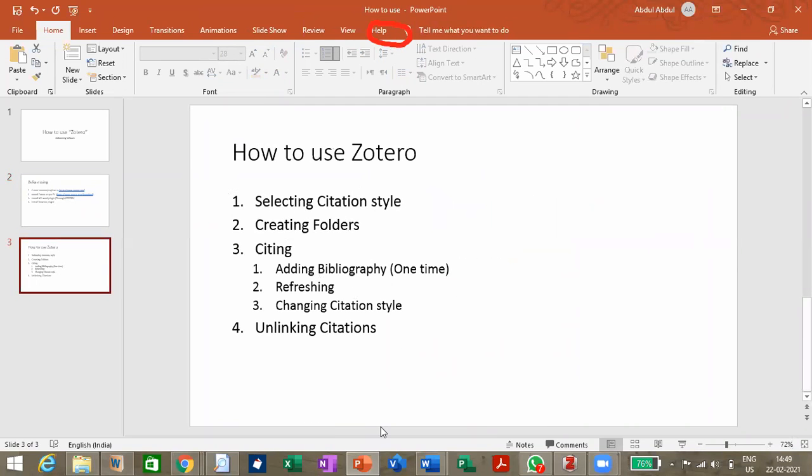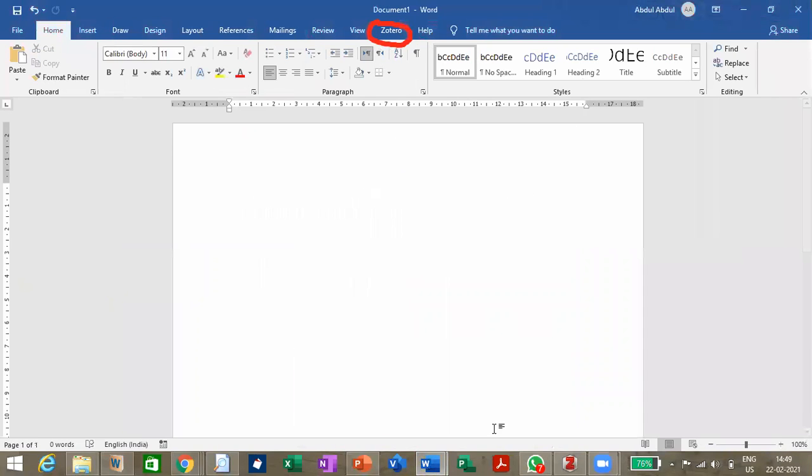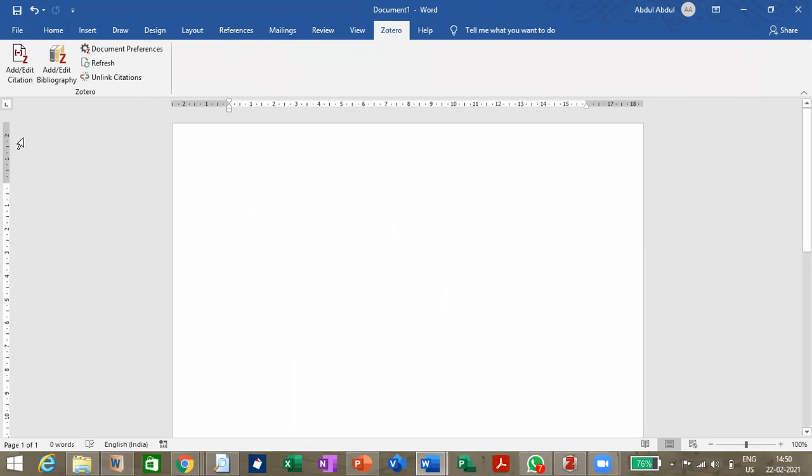So first, I'll start with a Word file. Wait for a minute, I'll just clear this. Yes. Now, this is a Word document I've opened. I've got this MS Word plugin also installed. If I click on this, I'll be getting add or edit citation, add bibliography, document preferences, refresh and unlink citations.